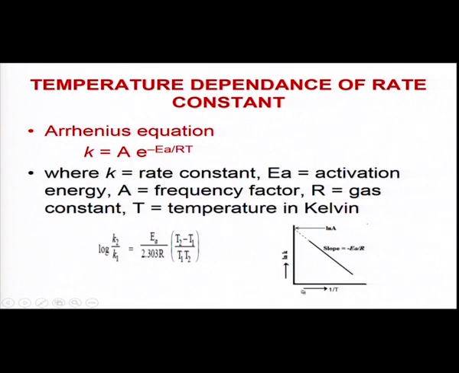as ln k versus 1 by T, and from the slope of the straight line plot we can find the activation energy. So, by varying the temperature experimentally we can determine it, and this is called the Arrhenius equation, who investigated how the rate constant varies with temperature. So, to sum up, for any chemical reaction, as I told you in the previous class, thermodynamics